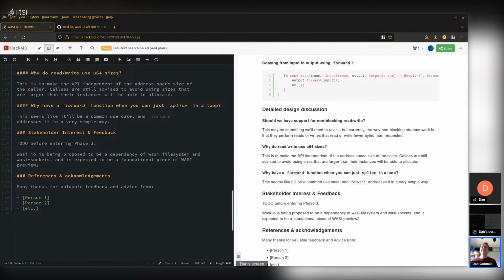Let's see. I don't have any names of people who have worked with this too much. We got a lot of feedback from Luke Wagner working on the component model. I've talked with him directly about this API in a lot of ways. I could acknowledge the forward function is a good idea.